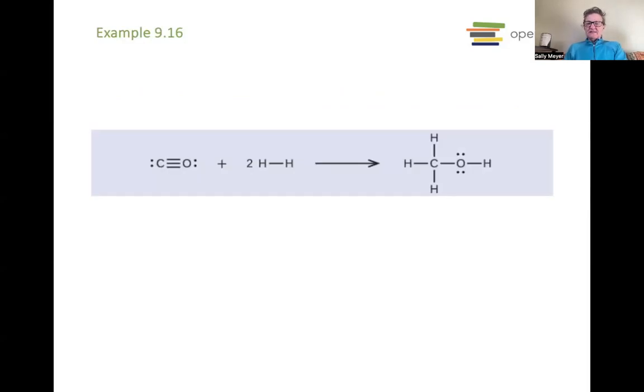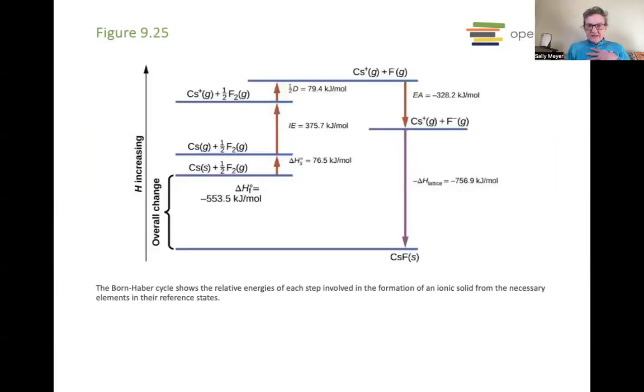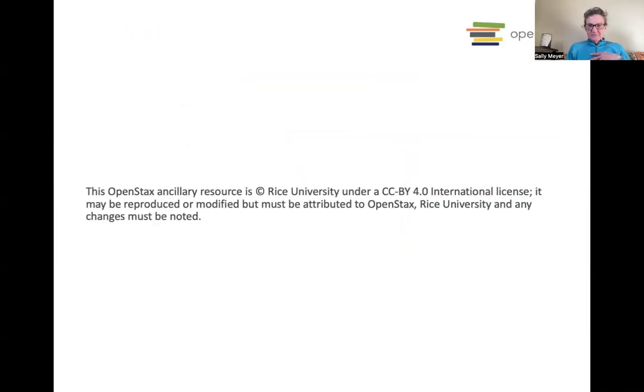So the important thing in these examples is you have to know the bonding. So we have to go back and understand our Lewis structures. If we want to react carbon monoxide with hydrogen to make methanol, which is what this reaction is, we have to know that the carbon monoxide has a triple bond because it will have a different bond energy in a table. And that when I form the methanol, each of those is a single bond. So these are a bunch of examples that we'll work out in class, but the important thing is you need to understand the structure in order to know what the bond energies are. And this is the Born-Haber part that we're going to skip.